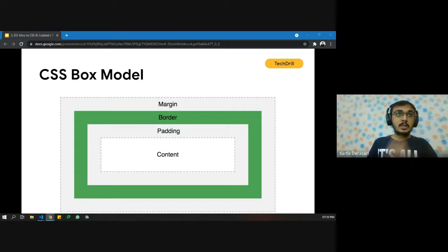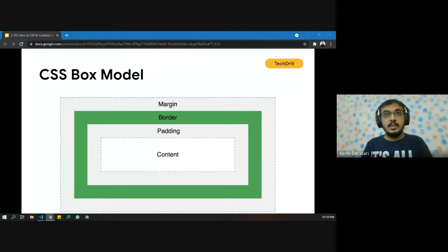Have you read about it? Okay. Let me tell you that the term box model is used whenever we are talking about design and layout. And the CSS box model is nothing but a box which wraps around each and every HTML element.